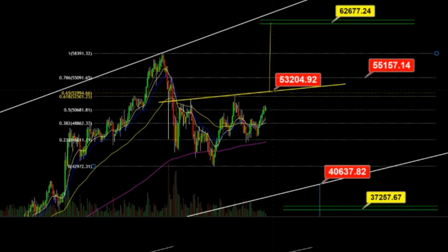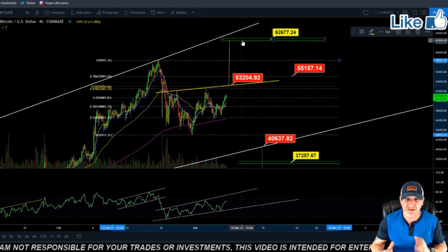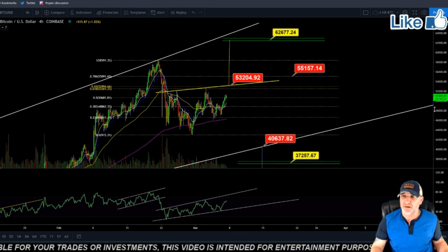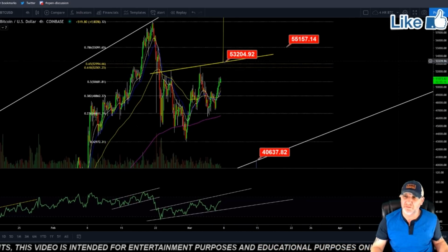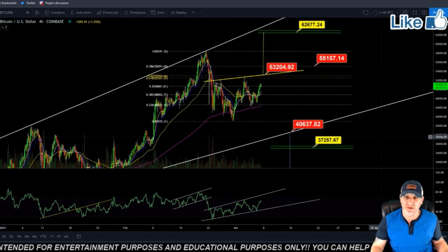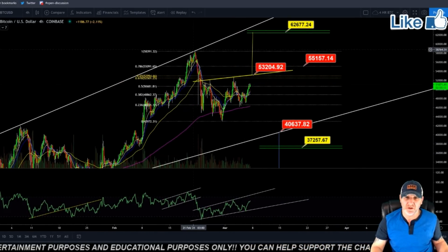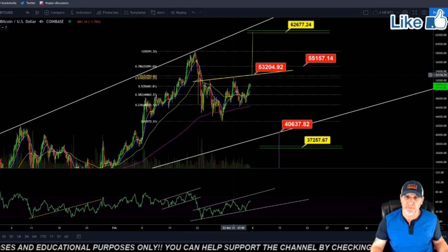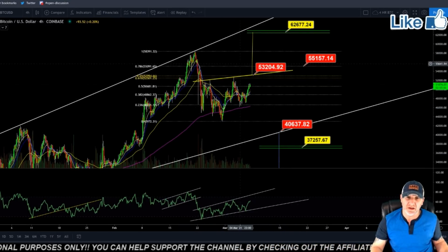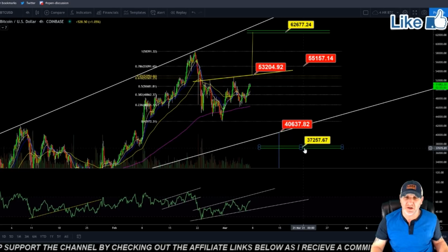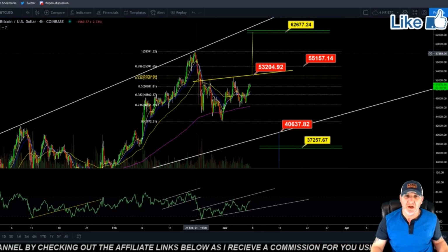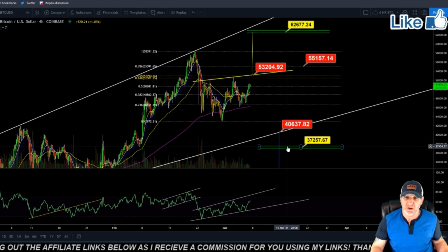If we do get up there, get rejected, come back down, retest this trend line, then we could be going towards the new all-time high. The 62.6 area would be the measured move. But if we do keep our rejection here and we cannot get back above this, I do believe we're probably going to see these lower lows before we see a high. If you guys have been watching, you know I'm looking at this as an A, B, and a C. Even if we get up to that 55, that could still be B, and that would just raise our targets down here. But looking at this as an ABC, if we went to the one-to-one extension,